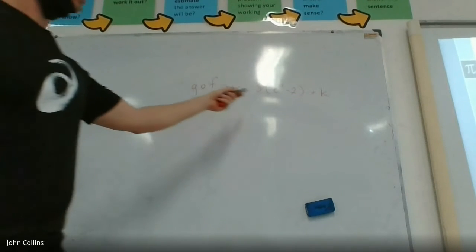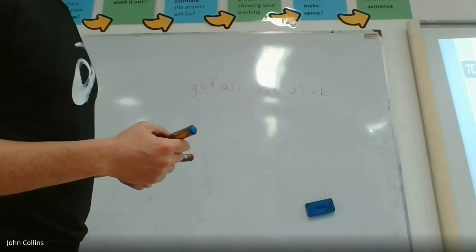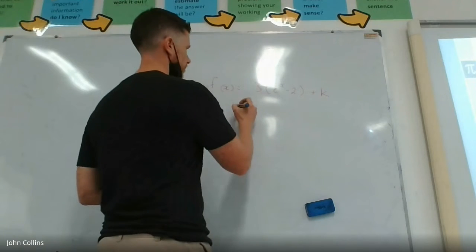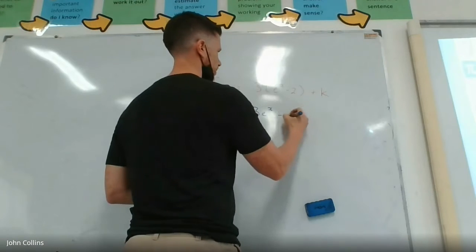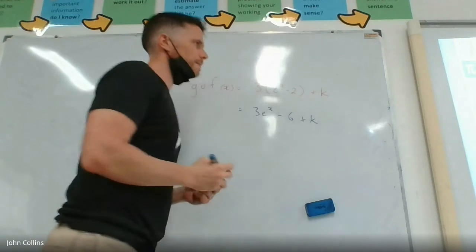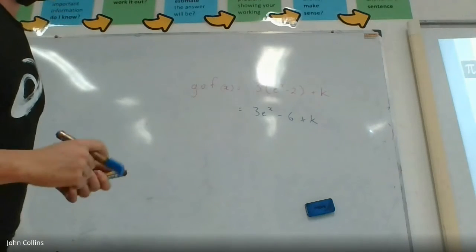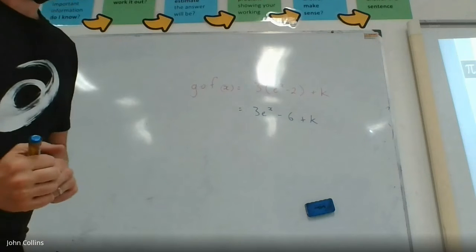That is g after f of x. Hopefully you're able to do that. You can multiply that out: 3e^x - 6 + k. Hopefully that's right. And the second part then, given that the limit to negative infinity,